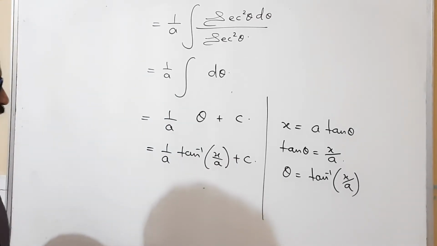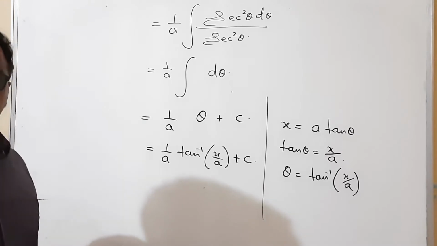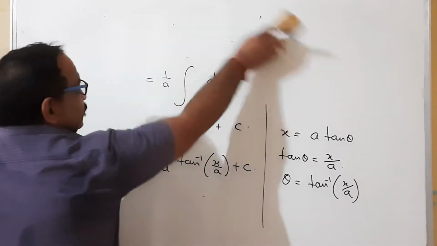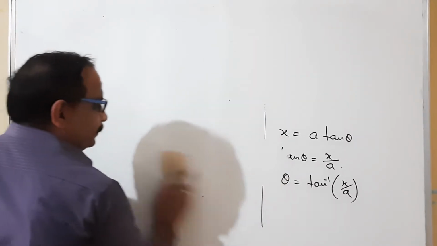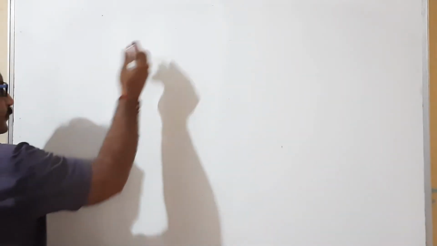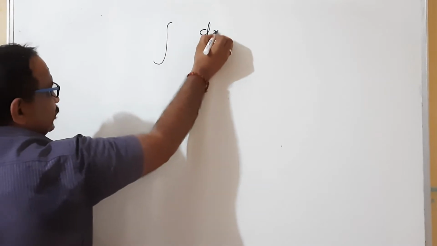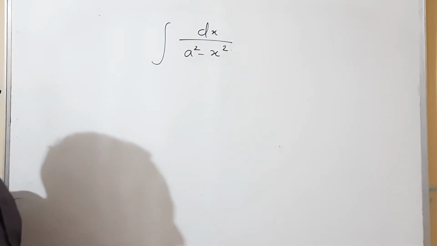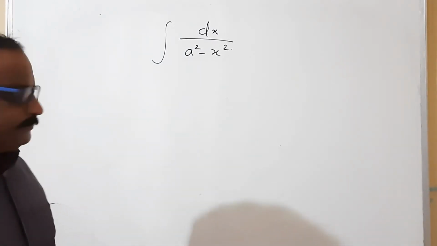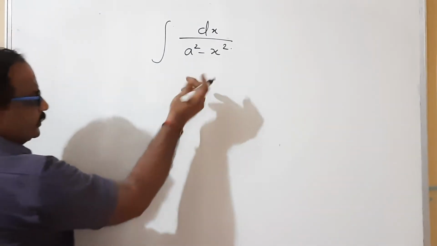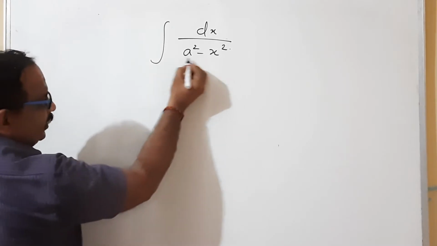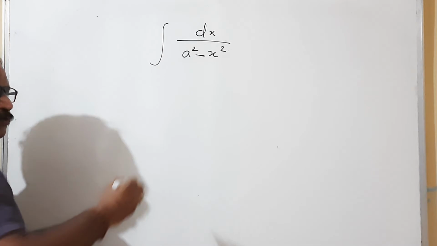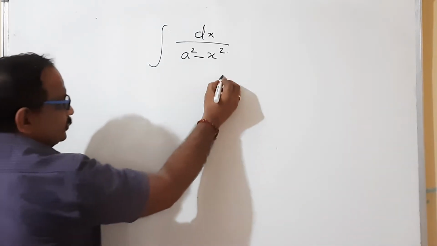Here we have. Fine. In a similar way we are able to calculate all the components. Say it is the first one. The next is, say the question comes to us: dx upon a square minus x square. And our job is to integrate it. How can we integrate that type of question? See again, here is what happened. Now the quadratic expression comes with the negative sign. That we have to keep in mind. So we have to substitute accordingly.